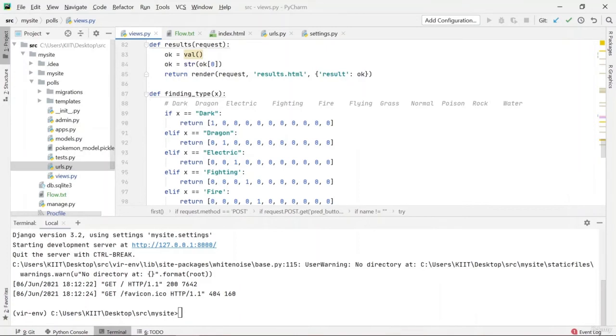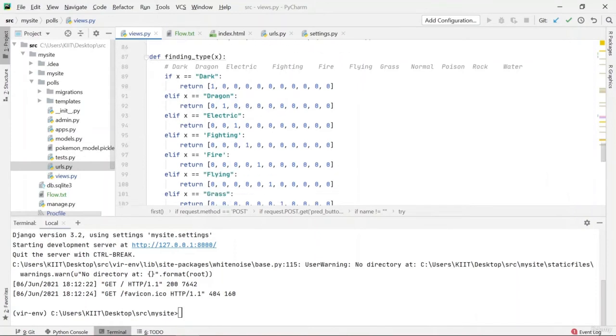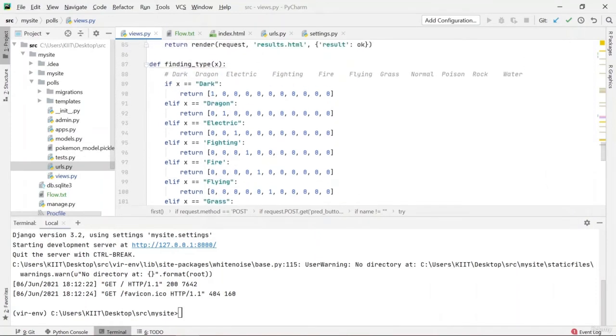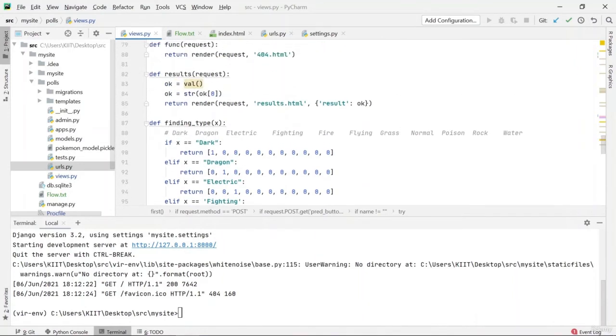Before we end this second part of the course, let me just give you a brief about what this finding type function is. You can see that there are a lot of zeros and ones. In my first part I used the categorical data to build new columns. First we just had a column defining the type of the Pokemon.